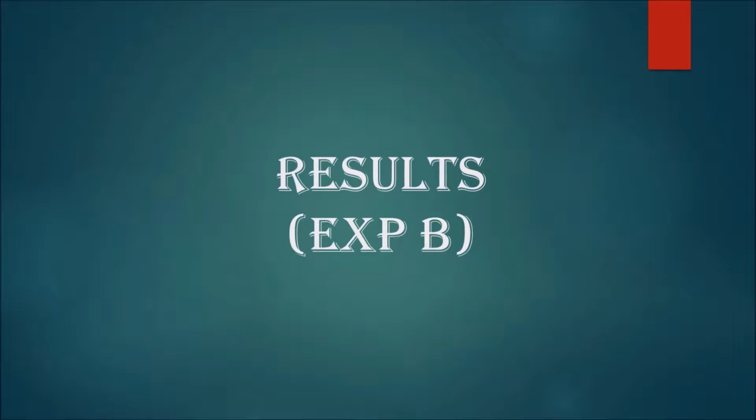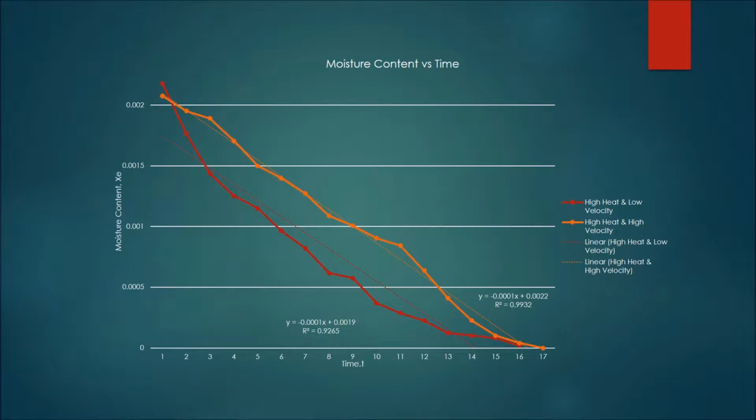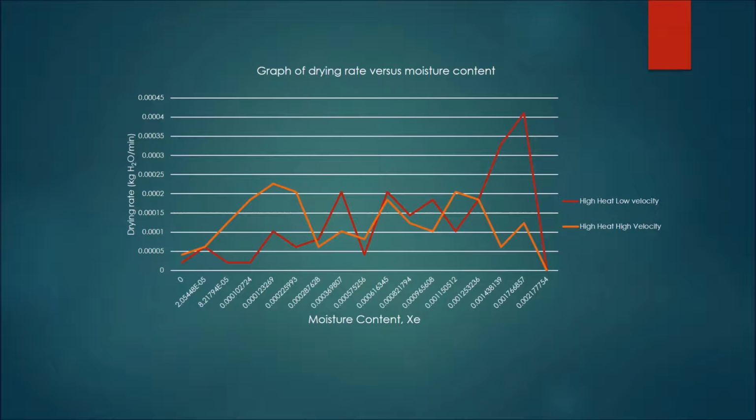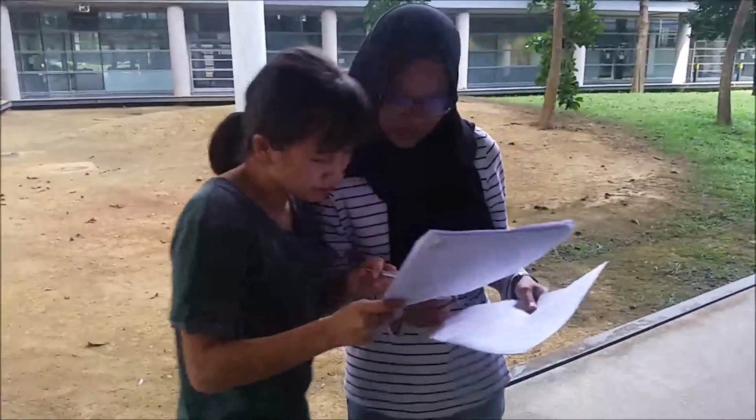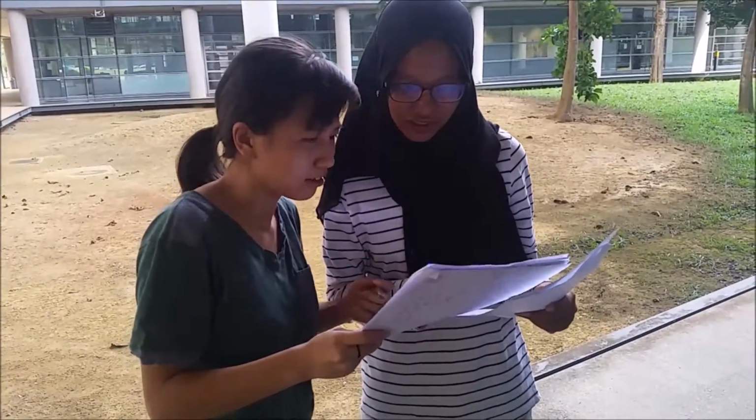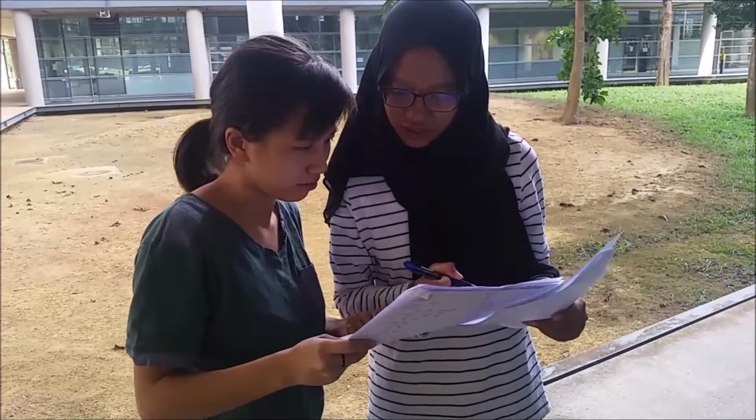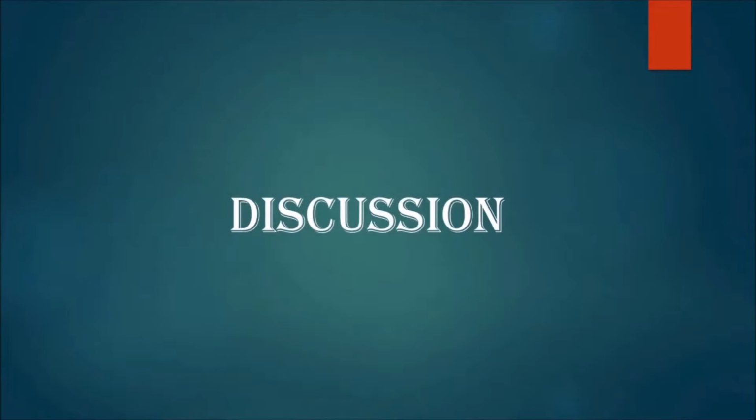Now for experiment part B, where velocity of the air is the manipulated variable, the same graphs are plotted again. The first one is moisture content against time, and the second graph is drying rate against moisture content. Based on the results that Harvey shows, this is on my discussion, so you can just check it through. Yeah, sure. For the discussion,